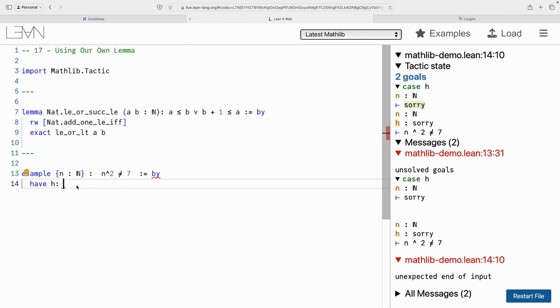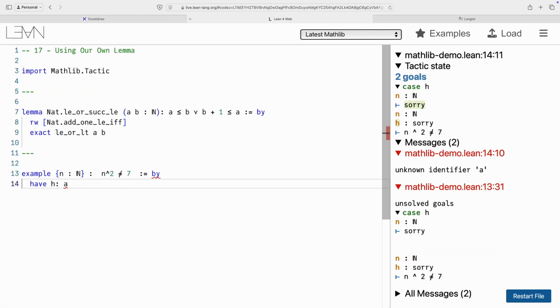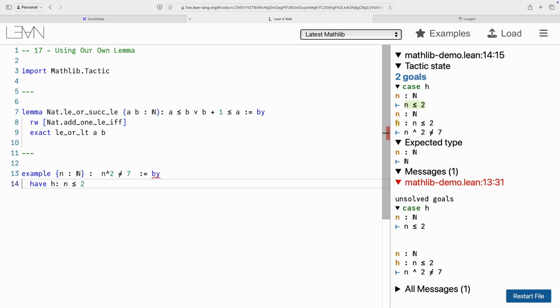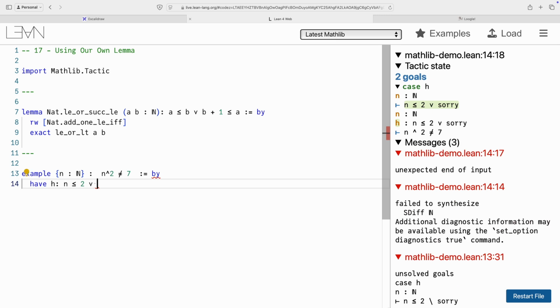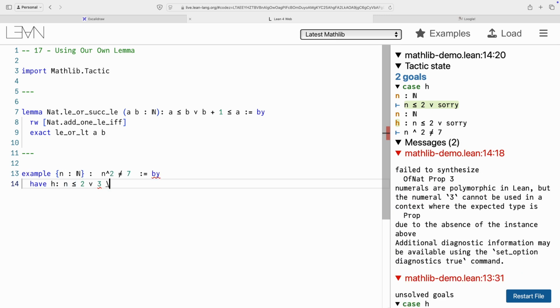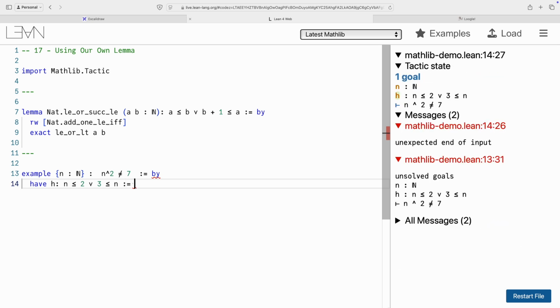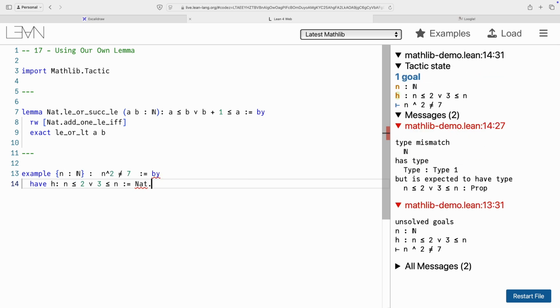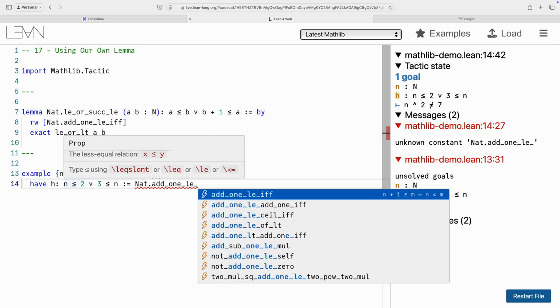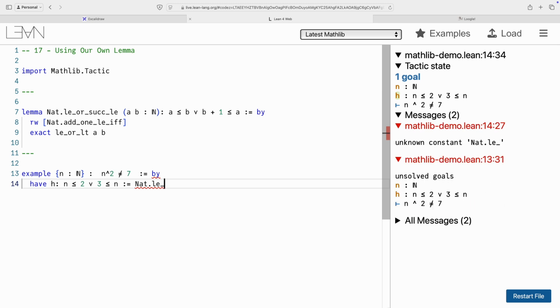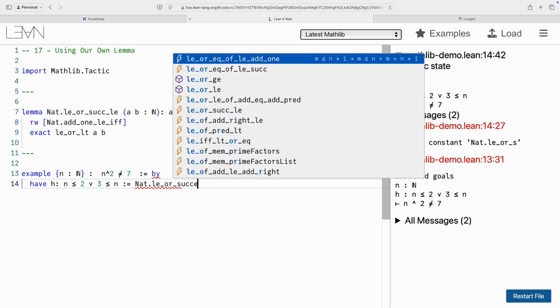So we are going to say n is less than or equal to 2, or 3 is less than or equal to n, justified by our lemma, which is nat add 1 le. Oh no, that's copying the wrong one. Nat le or successor